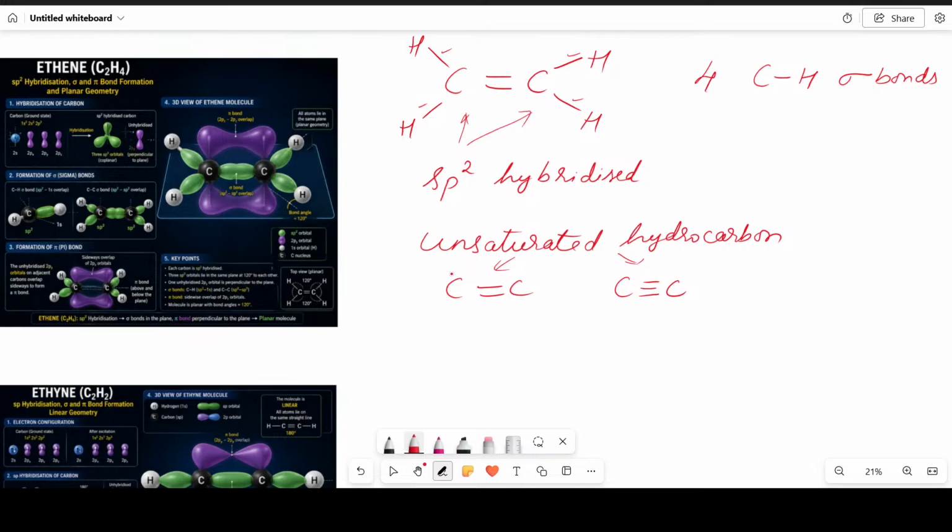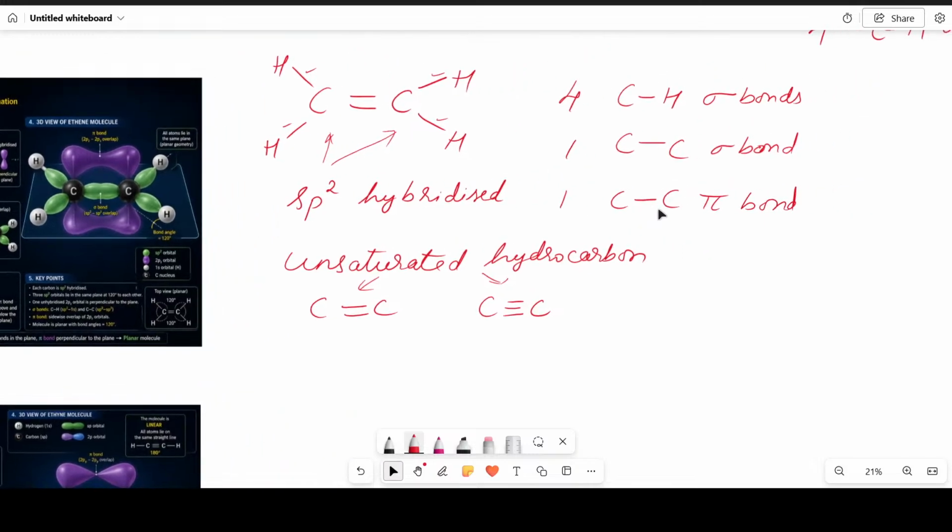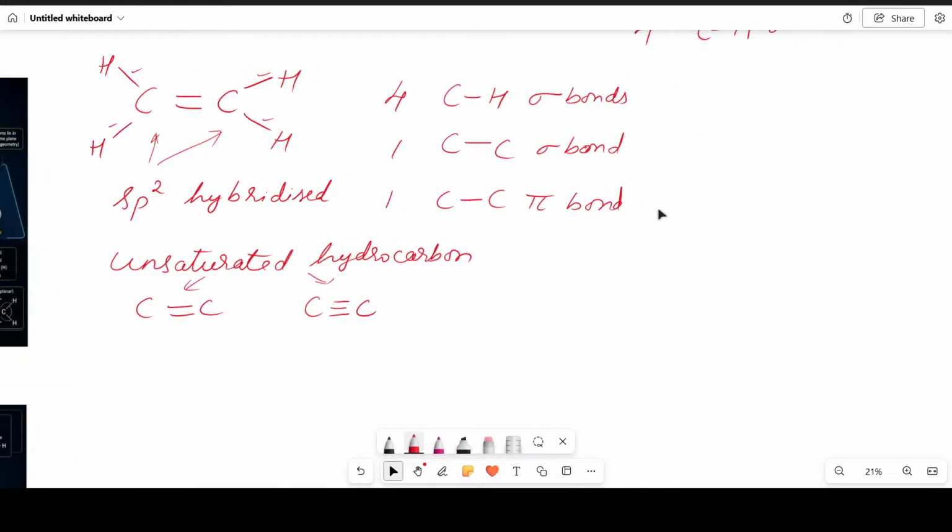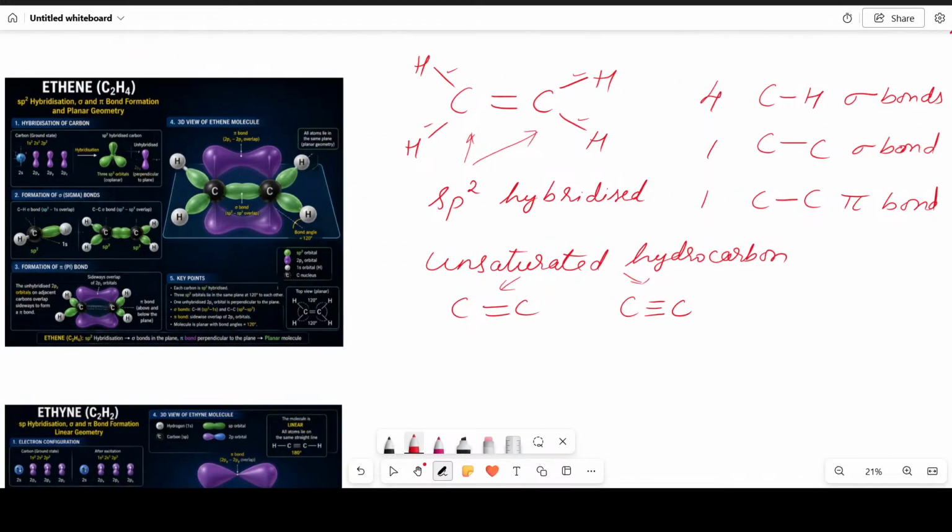unsaturated hydrocarbons. Now here there are 4 sigma bonds and 1 carbon-carbon sigma bond and 1 carbon-carbon pi bond. Now what are these pi bonds? These pi bonds are formed by sideways overlap of the orbitals. Okay. So you can see in the structure,